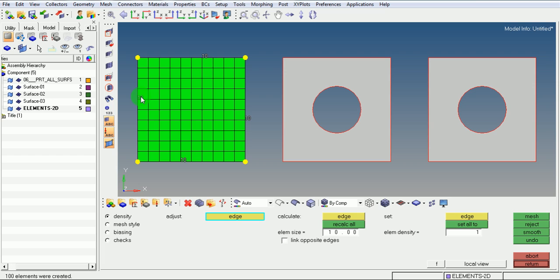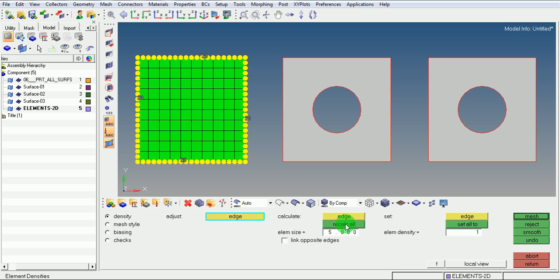If at all this element density needs to be changed, then enter the element size here as 5, enter, pick on recalculate all. Now the element size has been changed to 5. Pick on the mesh.